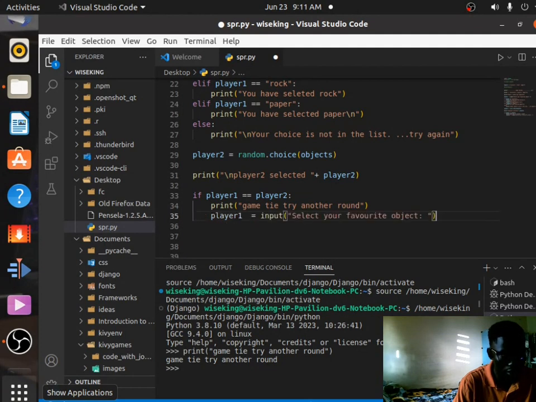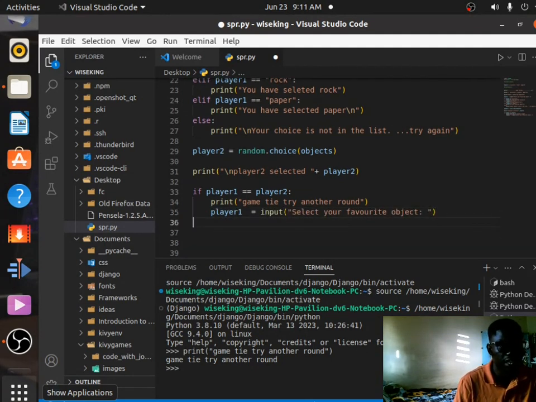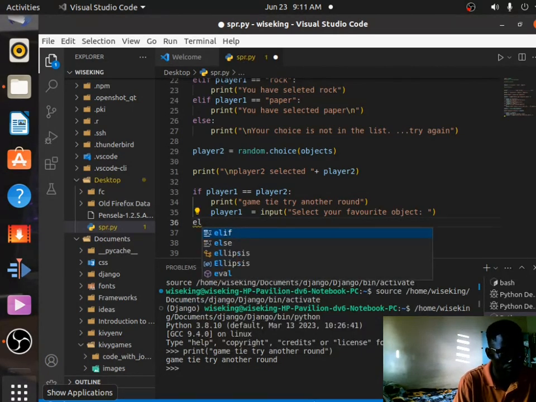Paste it here. Yes. Empty. Now I catch player 1 and say game type. Try another one. Then I enter or select your favorite object. That's all. So else, if